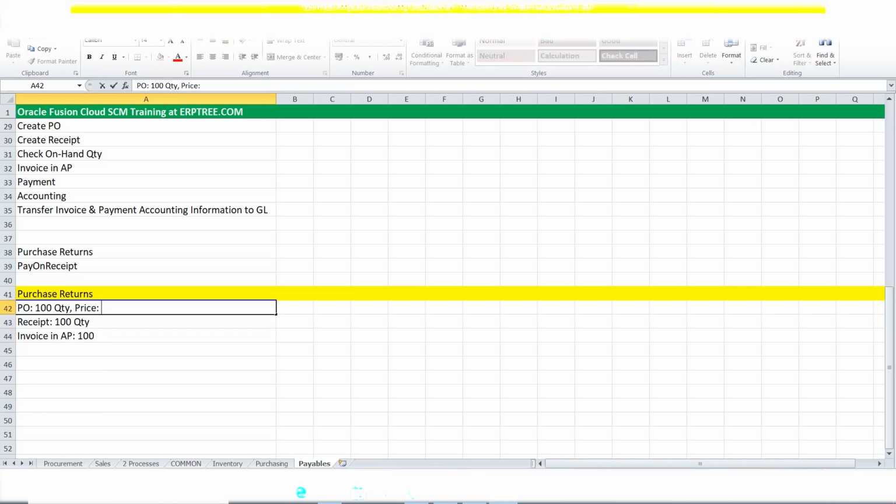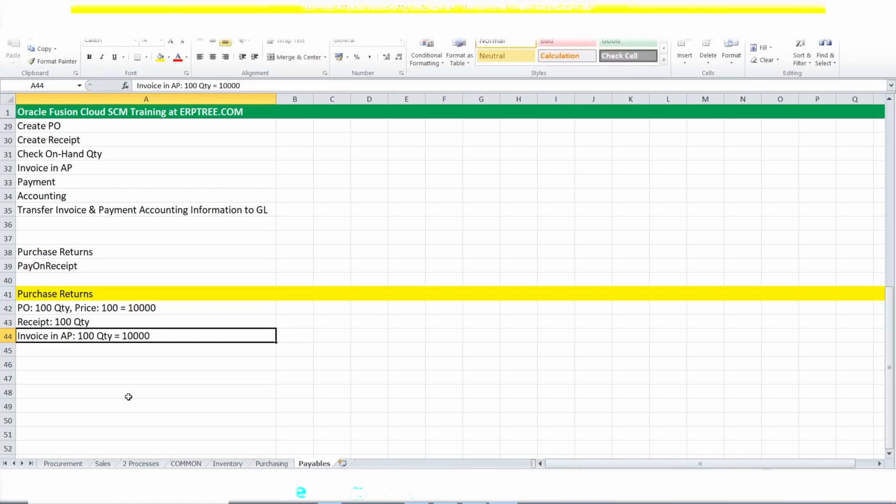So we have a unit price of $100. The PO amount will be $10,000. When you create the invoice, since we are going to create it with 100 quantity, the invoice amount also would be $10,000. So after completing this process, if you want to return some quantity because of damage or any other issues,